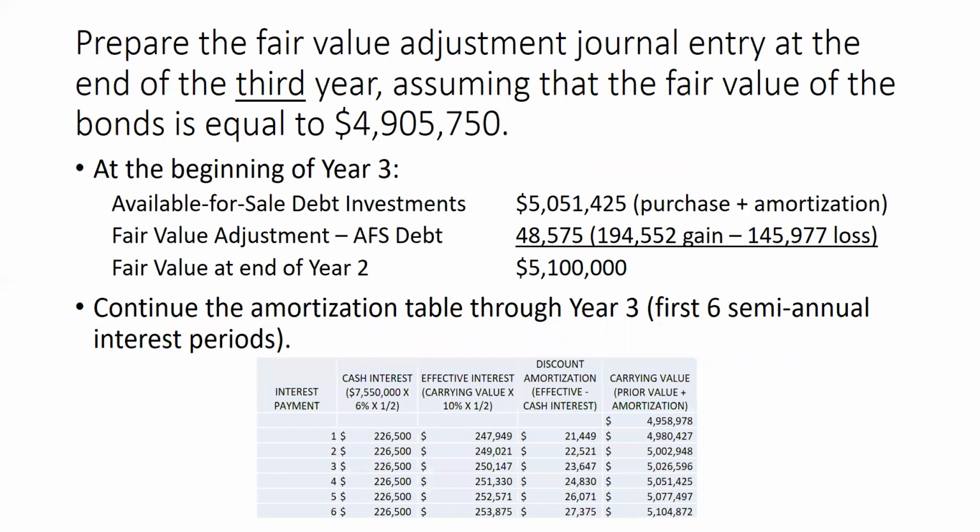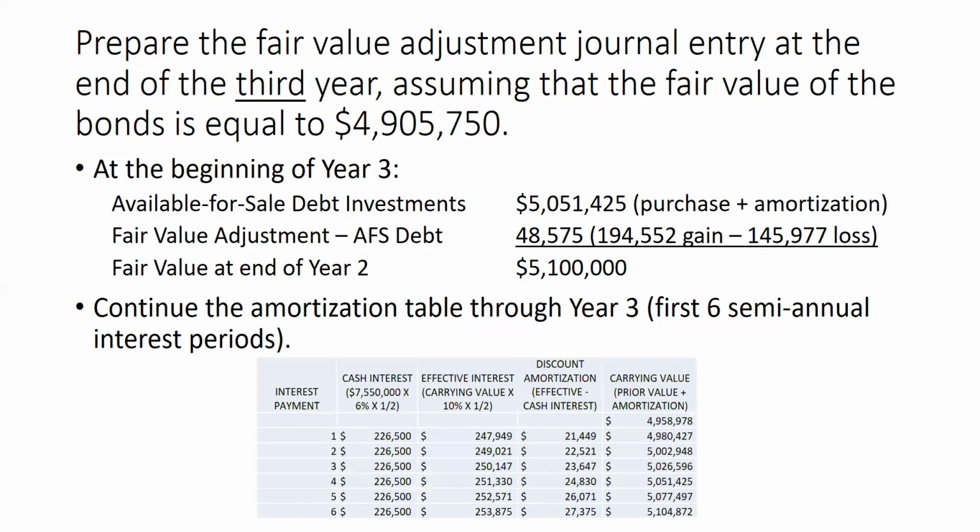Our last requirement is to make the fair value adjustment for the end of the third year, assuming that the fair value of the bonds is now equal to $4,905,750. So let's remember where we were. At the beginning of year 3 or the end of year 2, the available for sale investment account had a balance of $5,051,425. And the fair value adjustment account now has a balance of $48,575. That's the difference between the gain recognized in year 1 and the loss recognized in year 2. This creates a fair value at the end of year 2 of